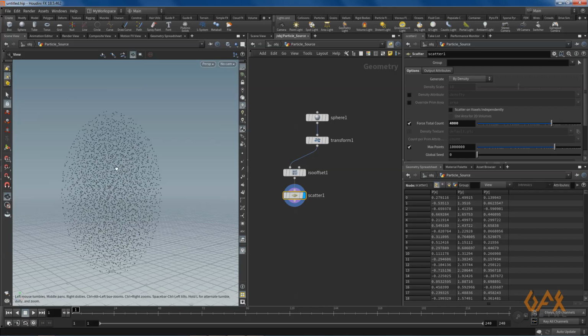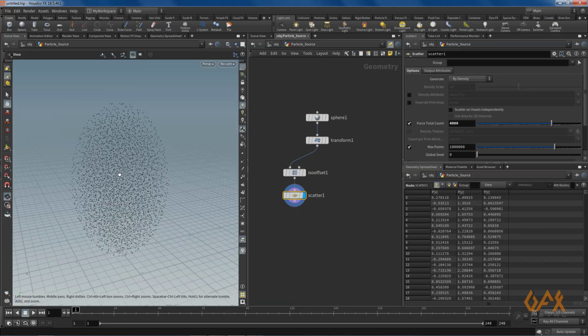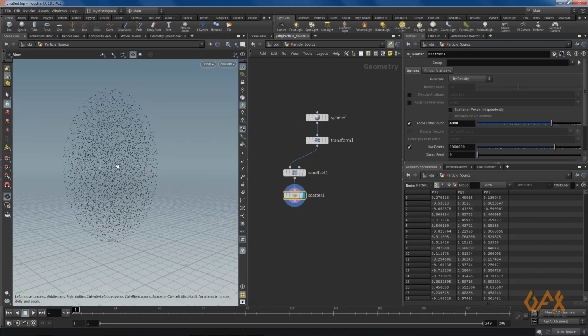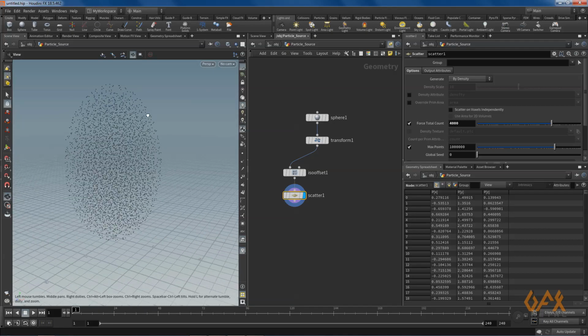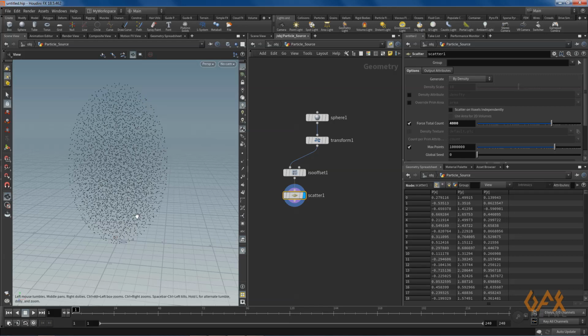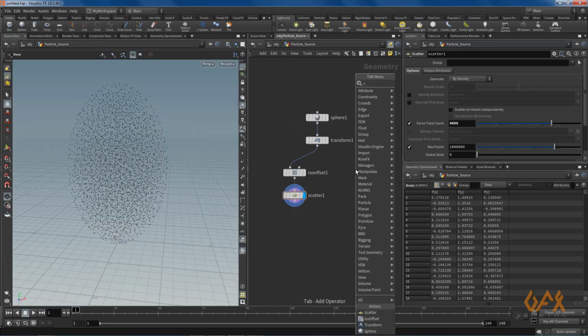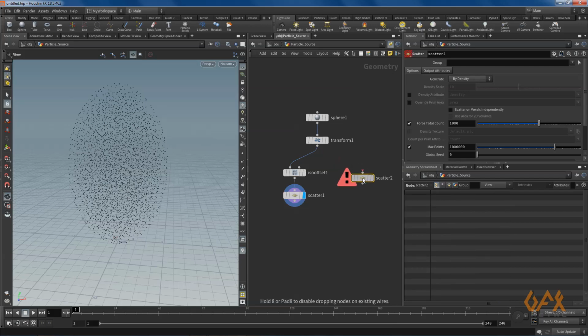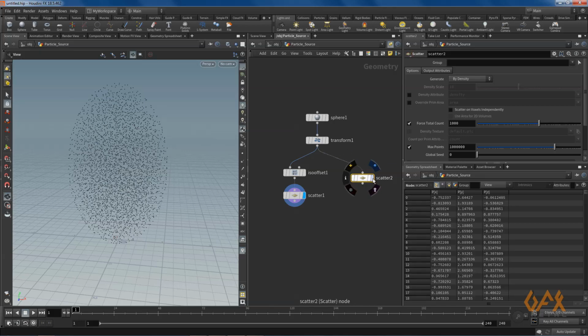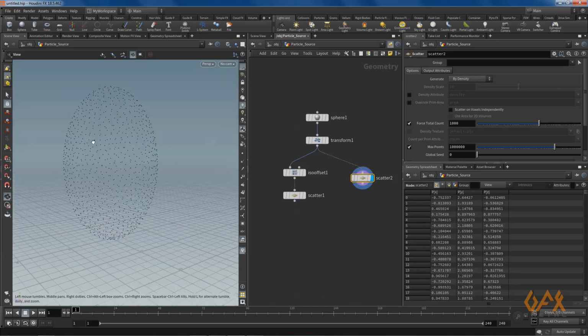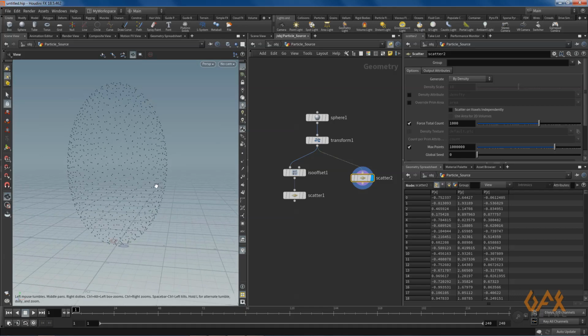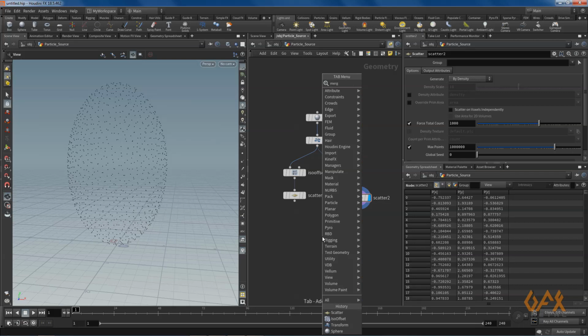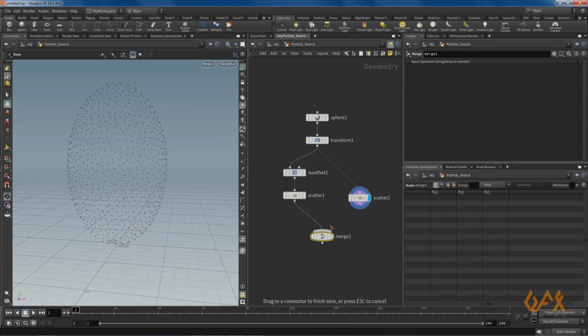Okay, right now when you feel that the simulation is going good, at that time you can definitely increase the count. Now to manage this border area properly, what I prefer, I create one more scatter, and for this I set my input as this transform 1. So now you get your points on your surfaces. Okay, and right now 1000 is okay. Now I need to merge these things like this.